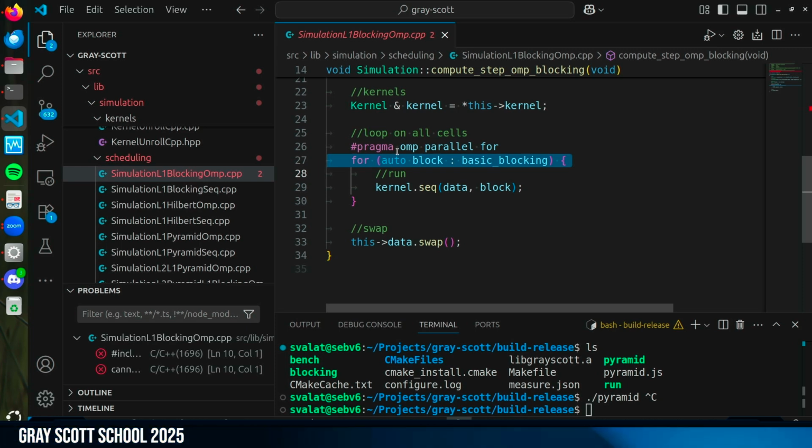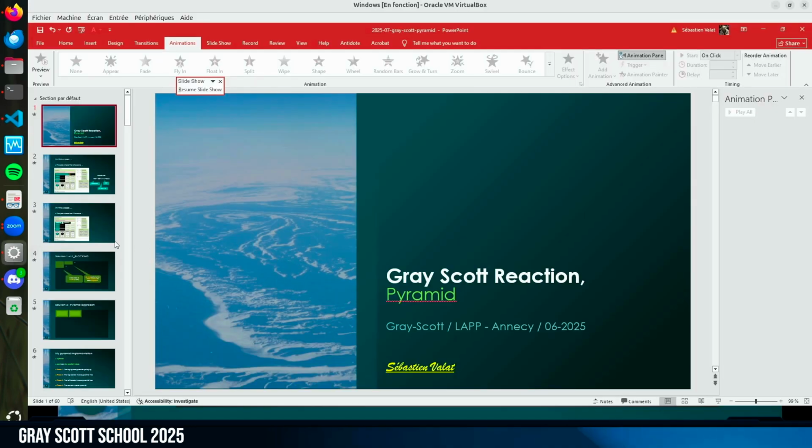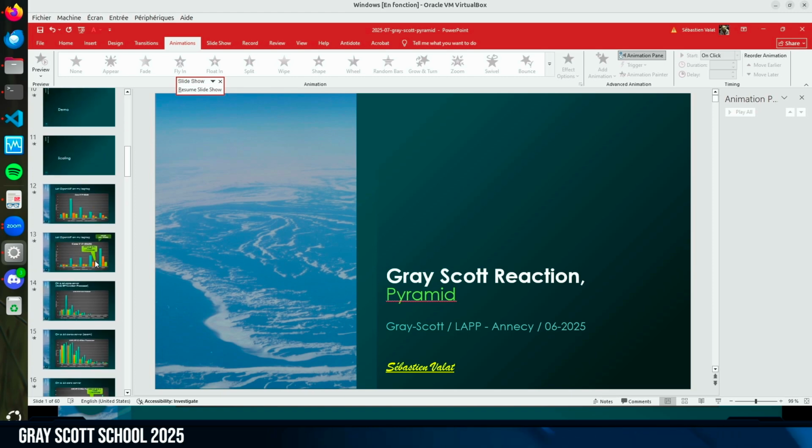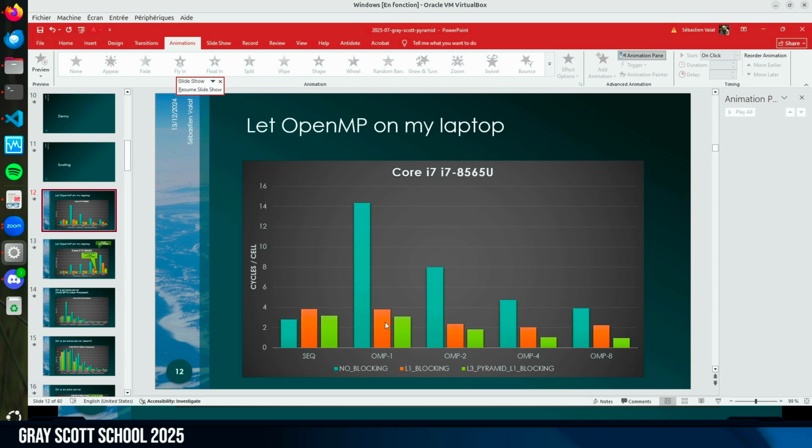I made some iterators in C++, and I have a pragma parallel for to run several blocks in parallel. One thread takes one block, the other takes another block, and they spread the work like this. And I'm running the sequential version. So the sequential version is still vectorized this way because it's in a function outside of the complex OpenMP code. So I have a small problem here because my OpenMP code is not vectorized, whereas my blocking one in OpenMP is vectorized.